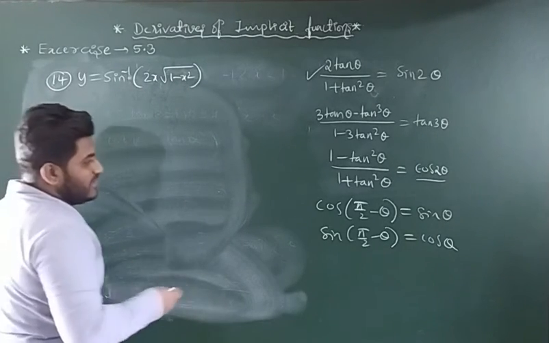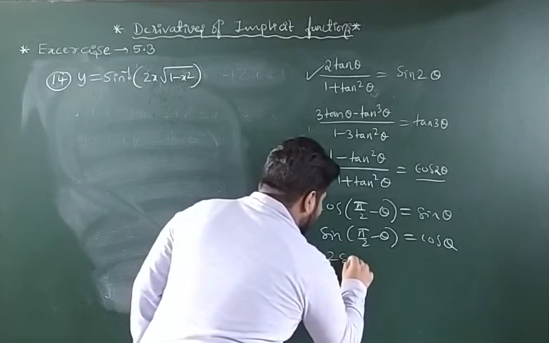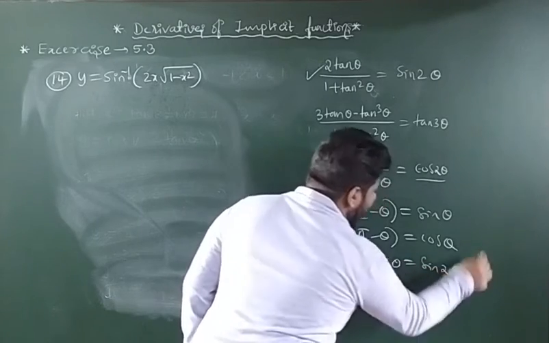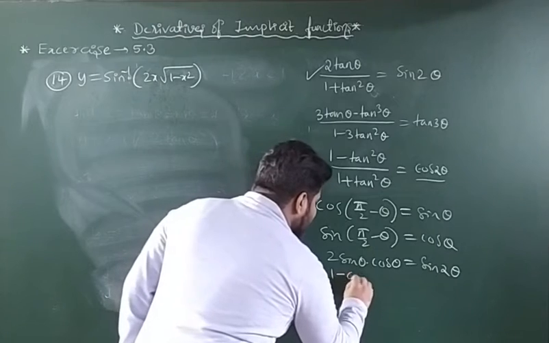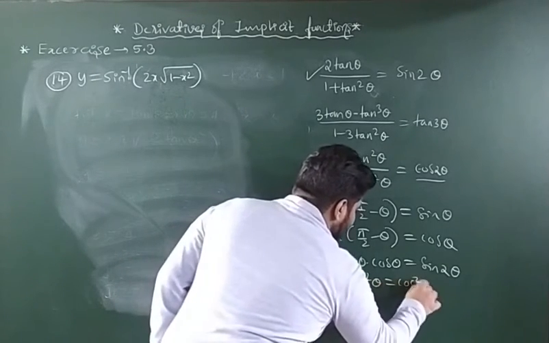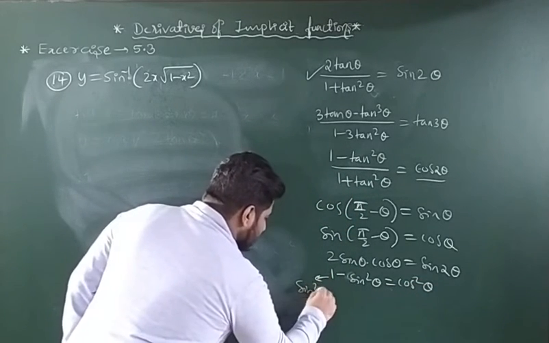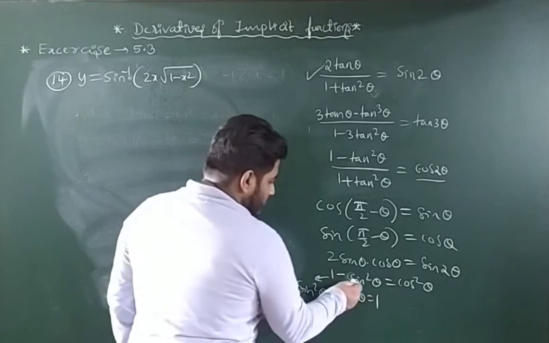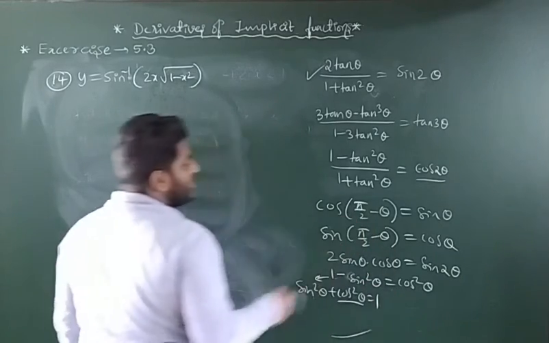I hope you understood. So which formulas are we using here? Two formulas we are using. 2 sin theta into cos theta is nothing but sin 2 theta, this formula. Another formula is this one: 1 minus sin square theta is equal to cos square theta. How are we getting this formula? By using the trigonometric identity sin square theta plus cos square theta is equal to 1. So we want cos square here. Keep this cos square as it is. Take the other side, it becomes 1 minus sin square.